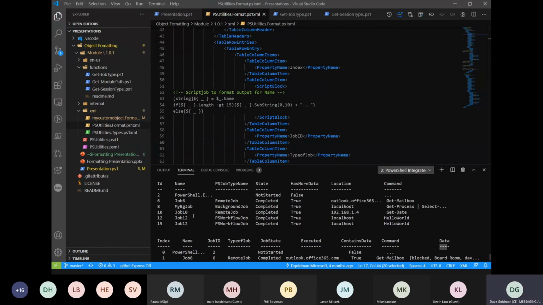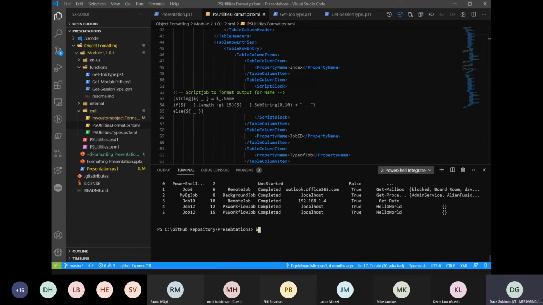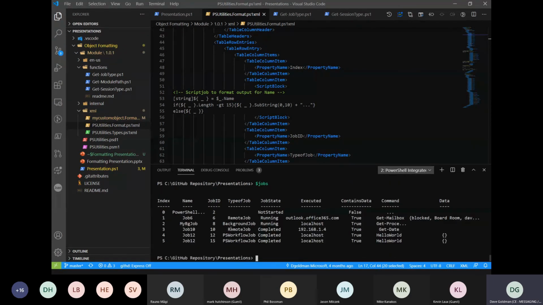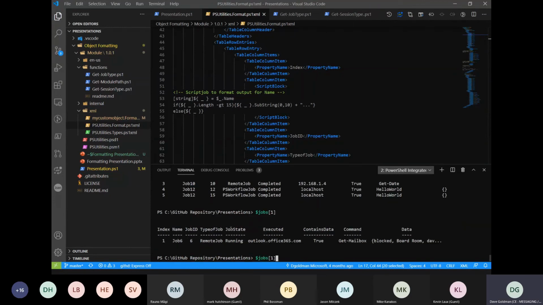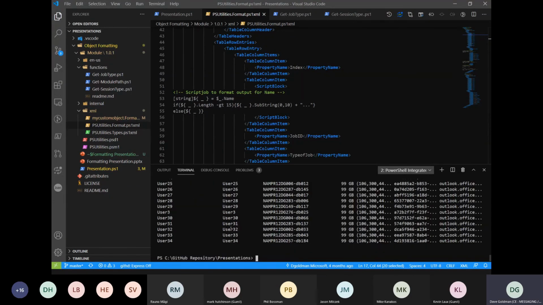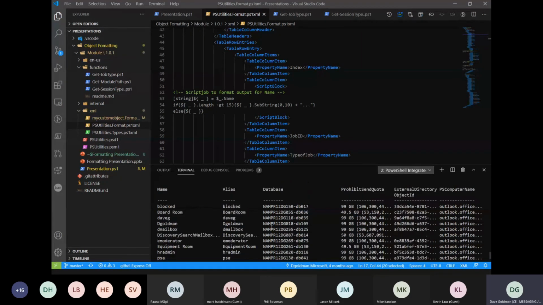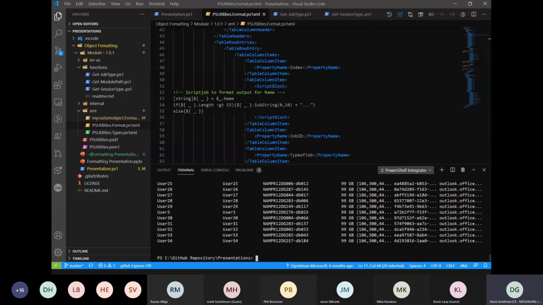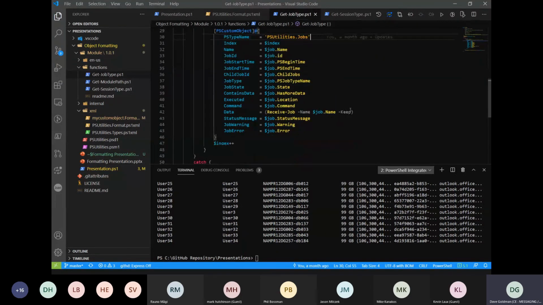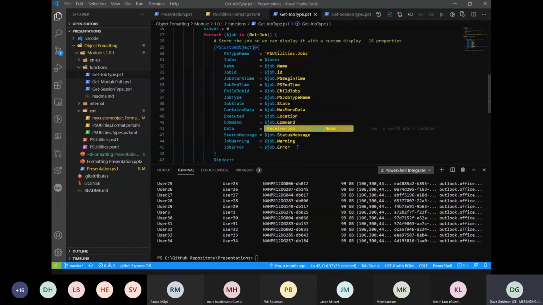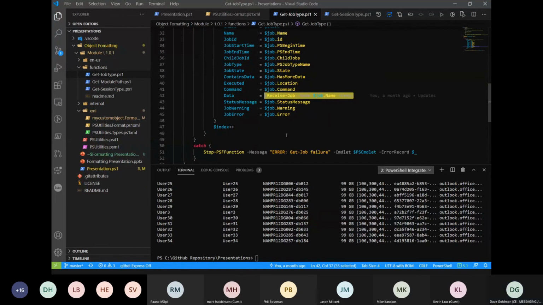I like to do stuff by index. So if I run jobs, I've pulled them back. I can easily look at job1.data, and there's all my mailbox data. And I have my mailbox users, and I've still retained the data because in my get job, I run keep and receive job. So I've essentially just created my own custom job with the data that I want to see.